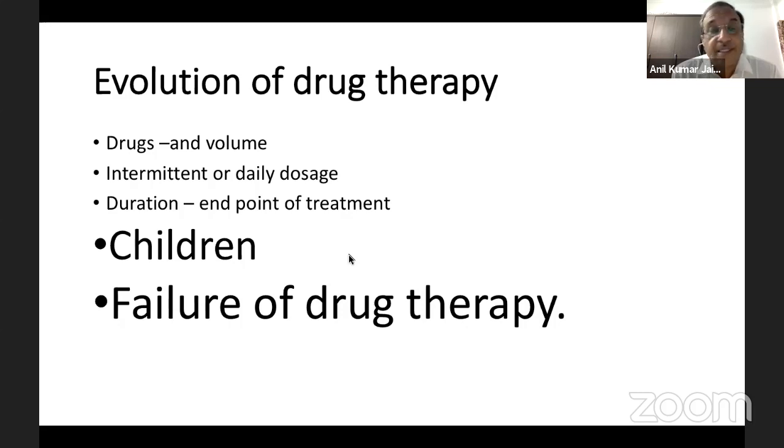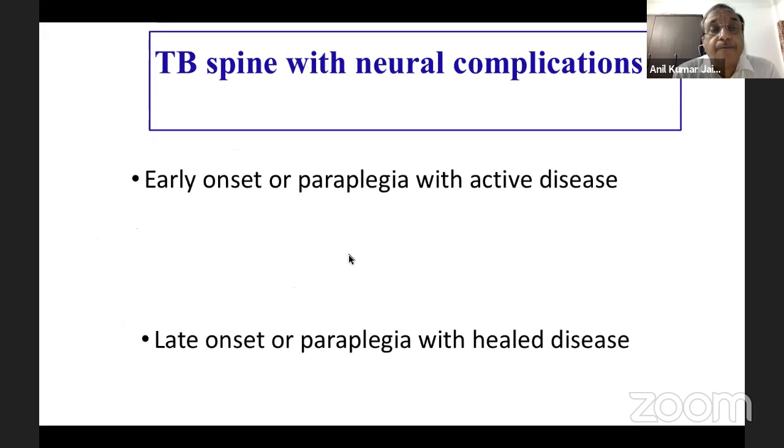doses are adjusted. Now, the last in drug therapy is a failure of drug therapy. And this is all because of development of suspicion of a drug resistance, which I'll talk about a minute later. Now, with neural complication, there is early onset paraplegia with the active disease, and late onset paraplegia with healed disease. Now, in early onset, it is the compression which is causing the paraplegia by disease,